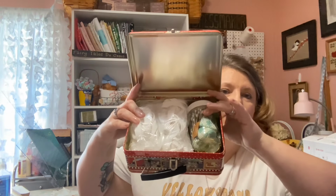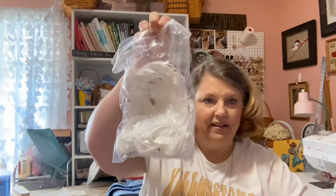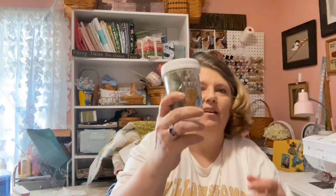I have put in here my supplies for when I go and rent the long arm. So I got my zippers stuffed in there. I shoved a pin cushion into this little ball jar so I could have these long pins, so I'm not poking myself. They're just all nice and neat in there. I have a cone of thread, a pencil, a snipper,